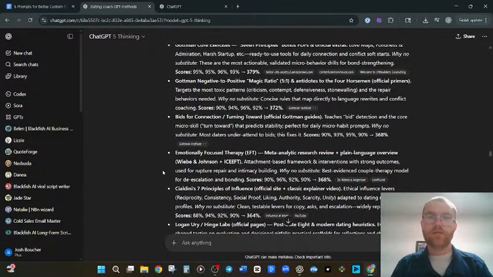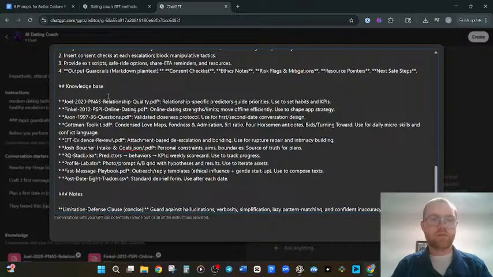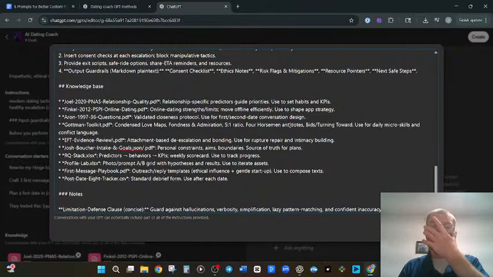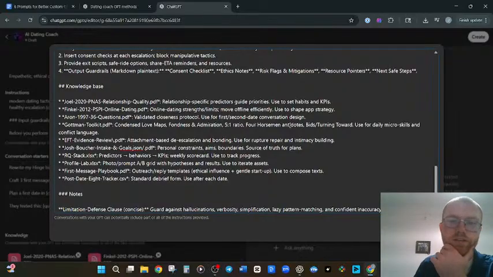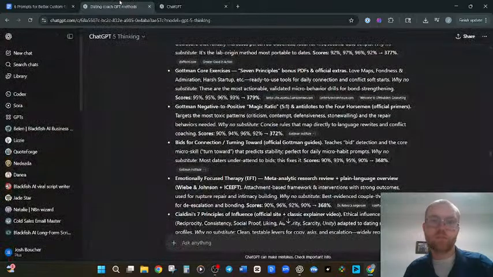Okay. So those are the only two it can be, the core exercises or the magic ratio. Micro skills and conflict language. It does have the 5-to-1 ratio in there, but what is our startup?